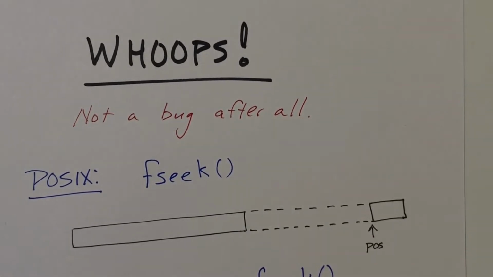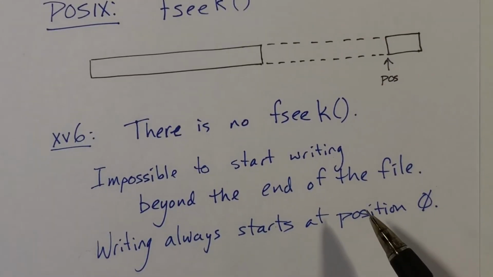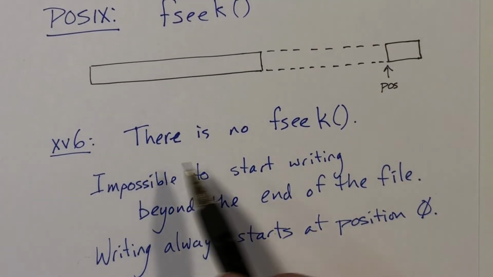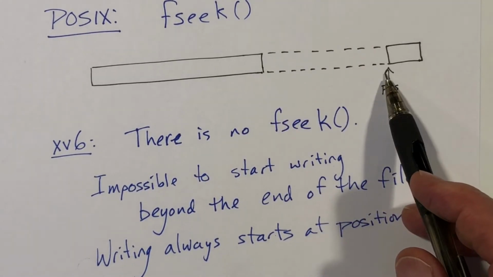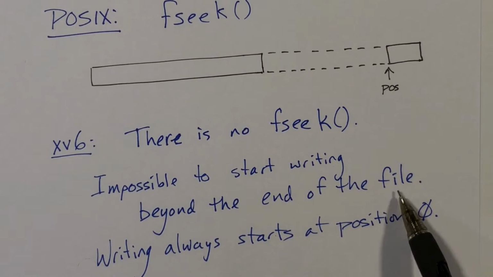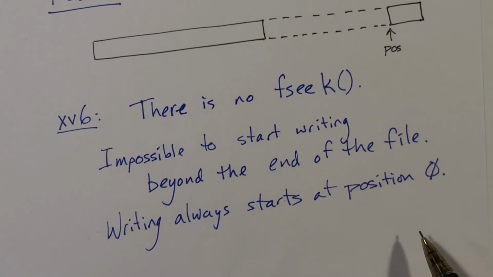I made the assumption that xv6 works the same way and that you could have these gaps like this, but in fact, that's not the case. In xv6, there is no fseek system call, so it's impossible to do something like this. You cannot start writing beyond the end of the file. In fact, with xv6, writing will always start at position 0. I suppose that if you don't want to start writing at position 0, you will have to do a bunch of reads to get to whichever position you'd like to start writing at. So with